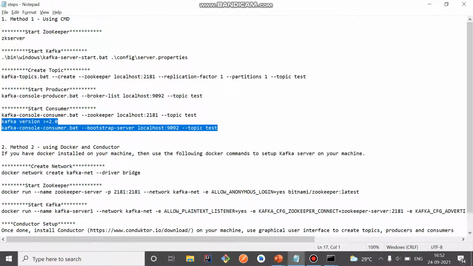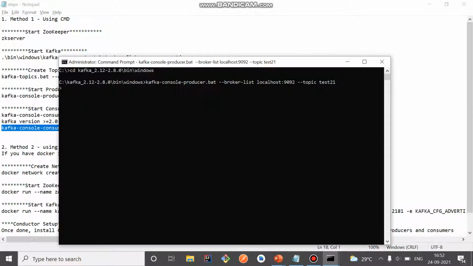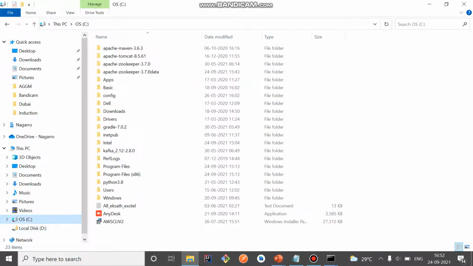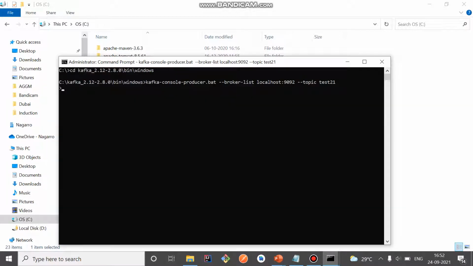Then to start the consumer, if your version is greater than 2, or it is 2, the default port will be 9092. You can see here my Kafka version is 2.12, right? So I'll execute this command on port 9092.